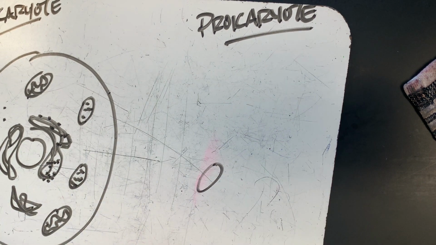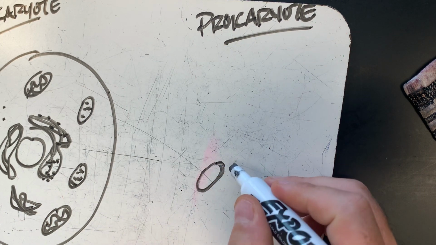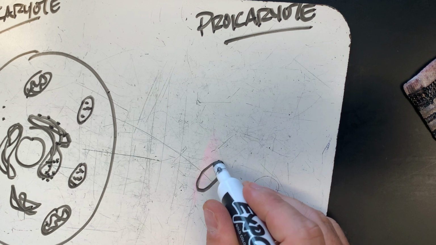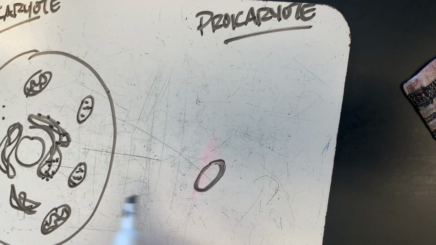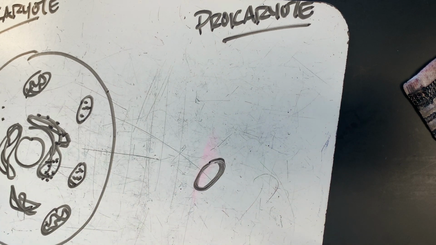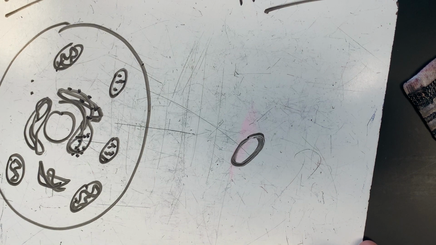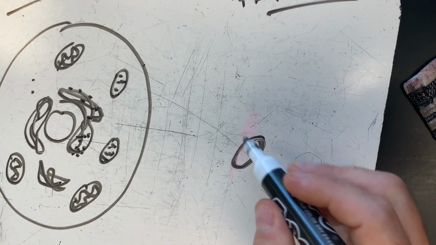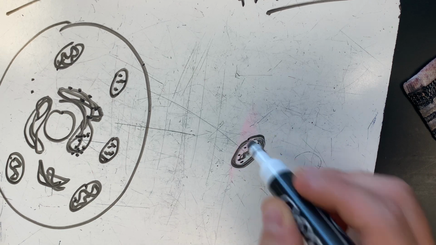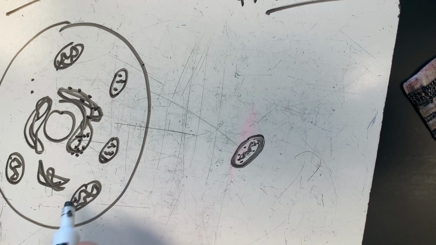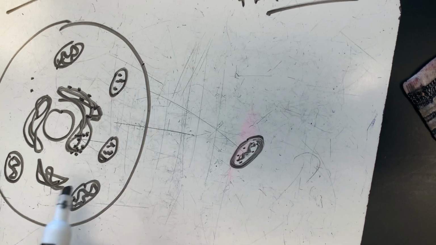And when we get further into this, you'll know why. So I've got a prokaryote as well. It's a really small little organism. In fact, if you were to compare them, which organelles do they seem like they're about the same size to? Or even have a similar shape? Let me draw the DNA in here while you're thinking about that. Oh, you're right. They're about the same size as a mitochondria and a chloroplast. And there's a reason for that.